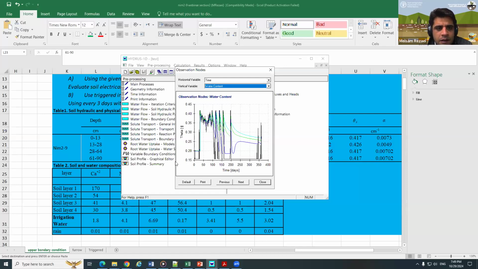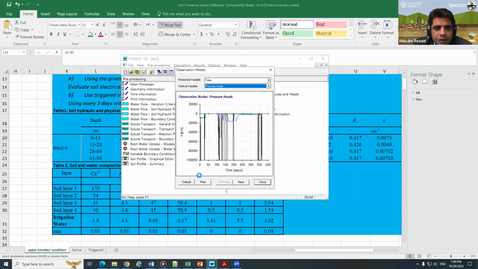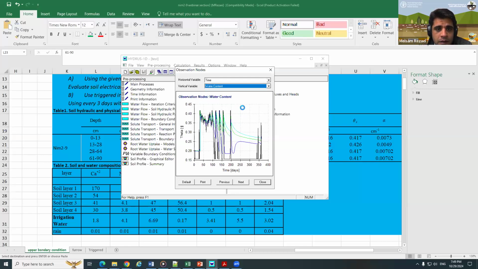So this is like water content, or let's say water flow into the profile. We can evaluate as well the pressure head. You can see sometimes we have like a stress into the profile. And if you want to see, you can add also the